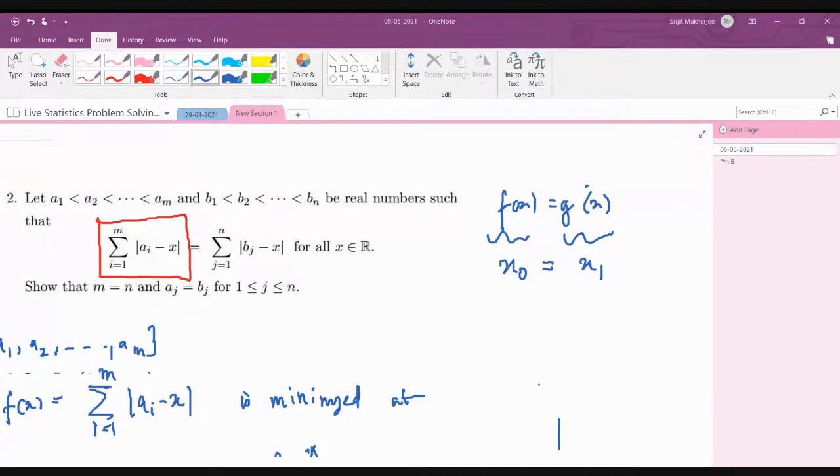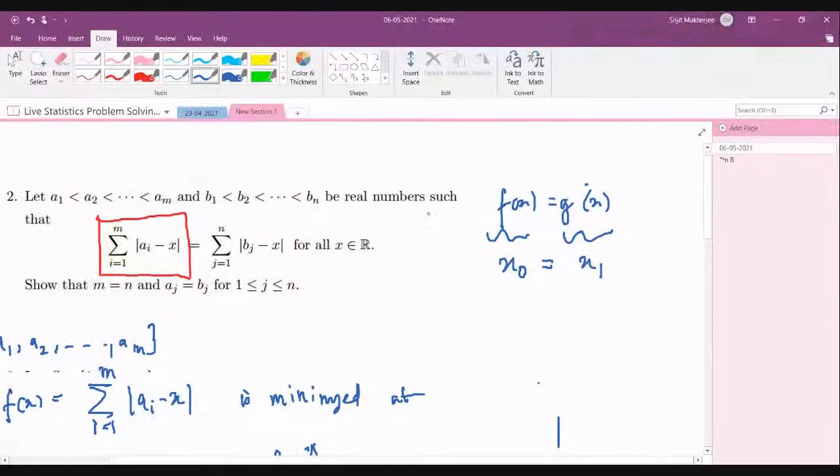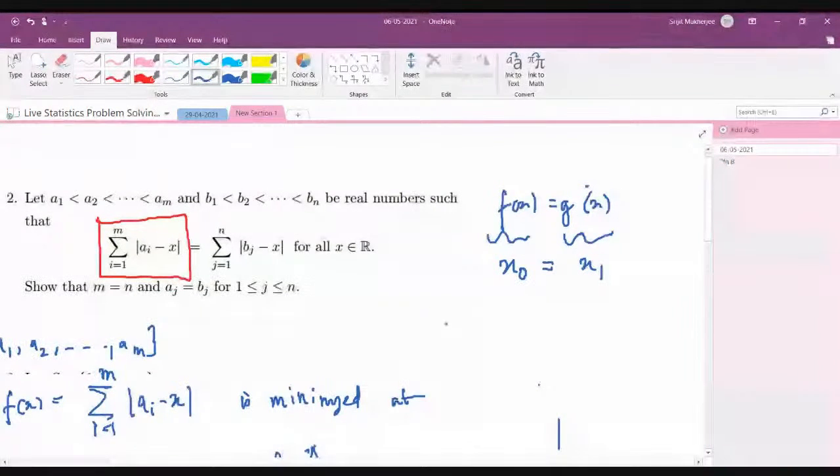So I will tell you. Good. The minimum point is x. So what is the minimum point? So therefore, the median set, what do you get? The median set